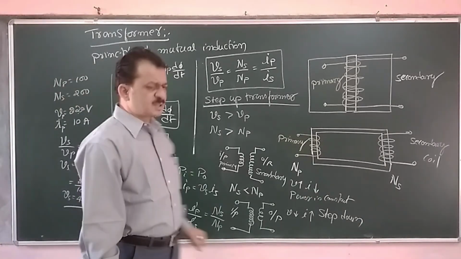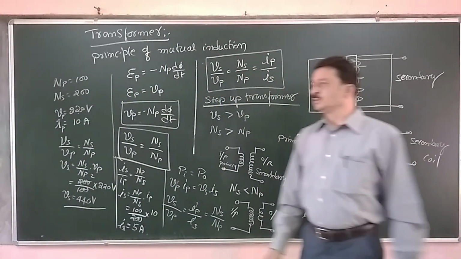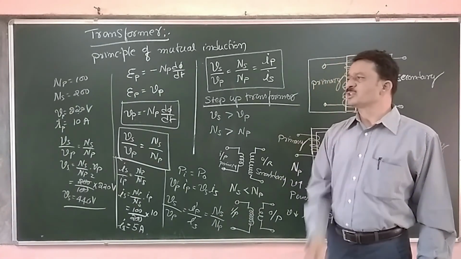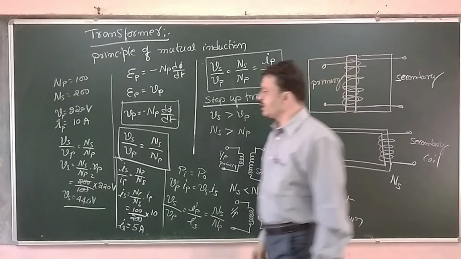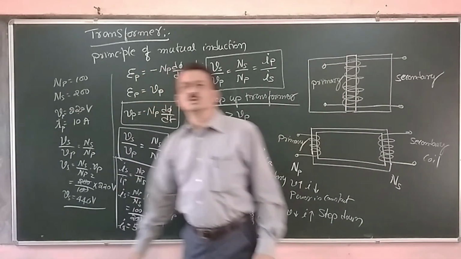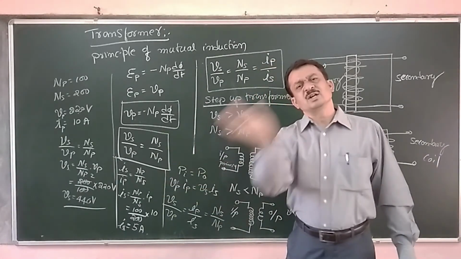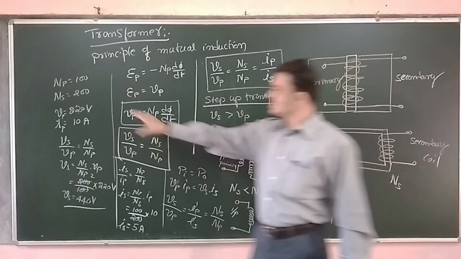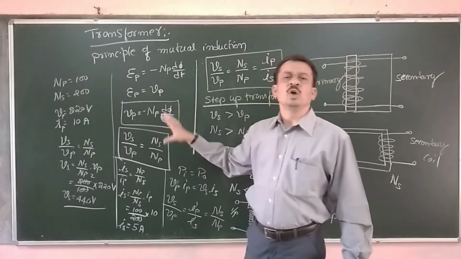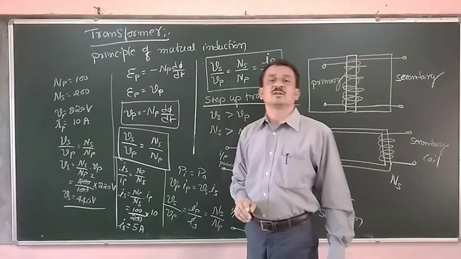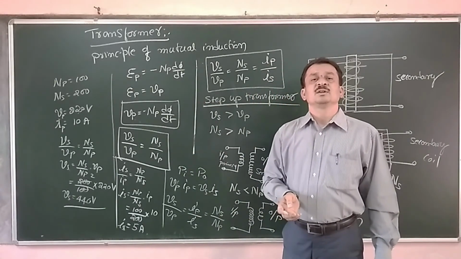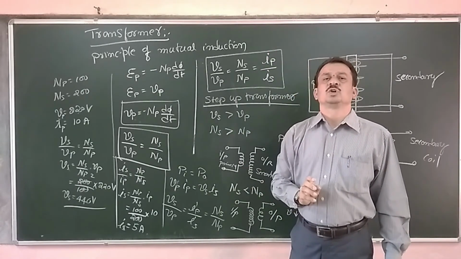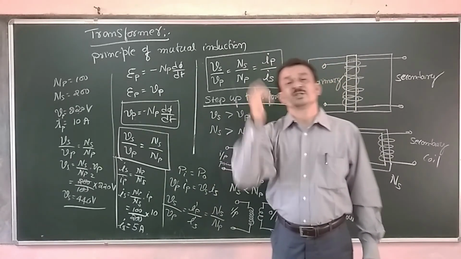Now step up transformers are used at the generating station. In the case of power generation, it is generated at 220 volts or 240 volts, but it has to be transmitted through a longer distance. Then this generated voltage is applied to a step up transformer. In that transformer, the voltage is increased tremendously to a larger value, so that the current is decreased.